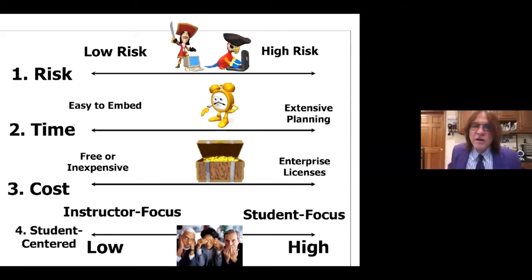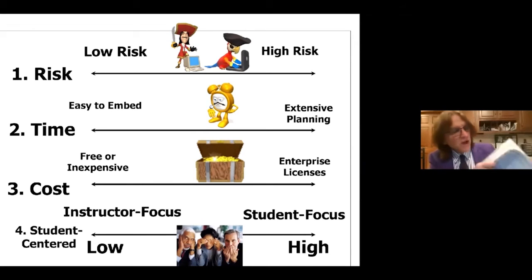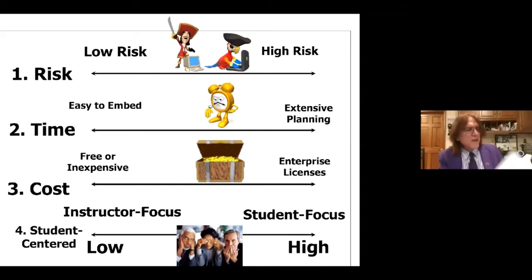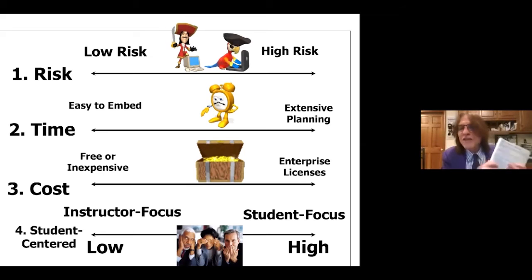So in the book, there's a table that lists the degree of time, risk, and cost. You want to find low risk, low cost, low time. It's in chapter 15, I misspoke, and chapter 1. We have all the ideas in the beginning and ending, as well as how to train teachers in chapter 14. So if you want to help training of teachers, you might want to focus on that.